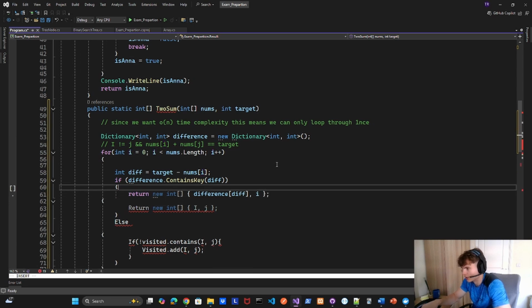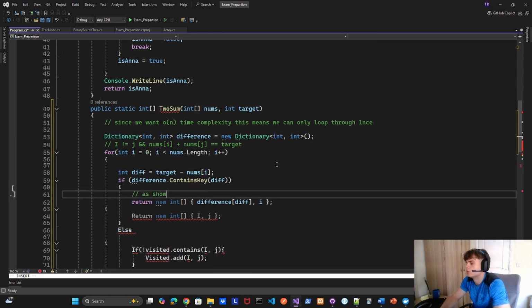So that's going to be like as shown in the sample,